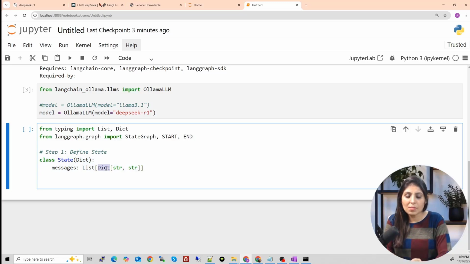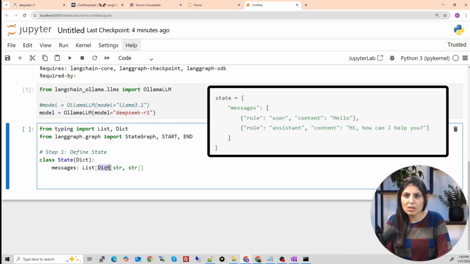List of dictionaries simply means whatever the user types gets stored in a separate dictionary, and then the bot's reply to the question the user asked is stored in a separate dictionary. So like this, you can see for each message of the user and bot we have a separate dictionary, and all these dictionaries are present in a list.